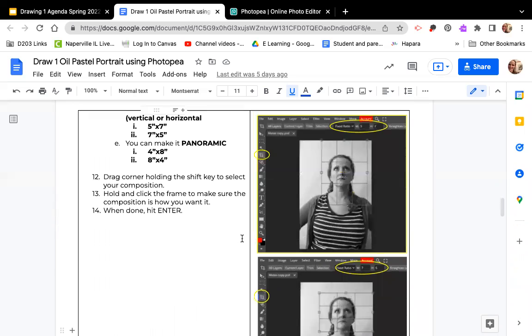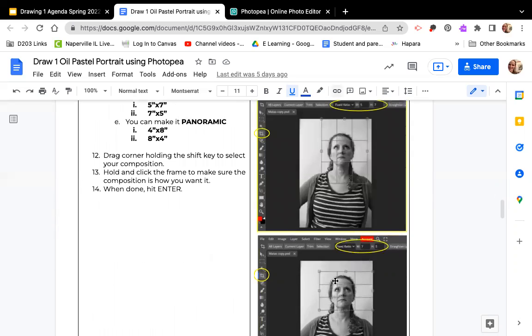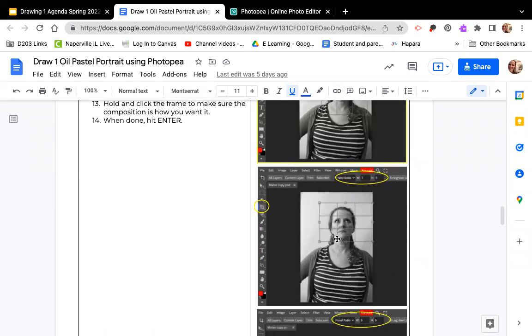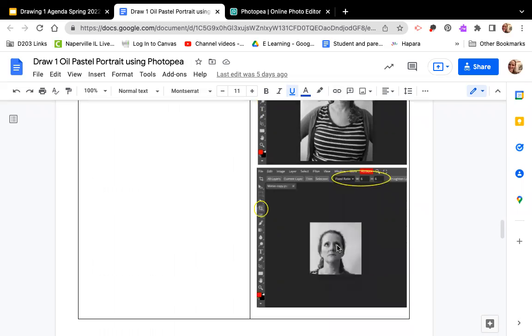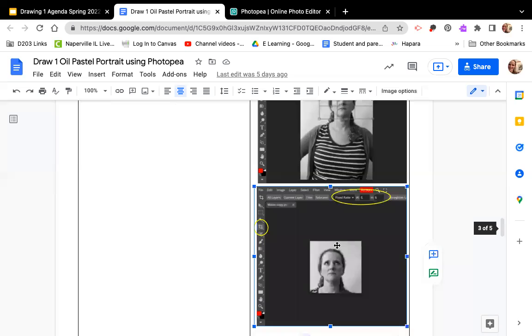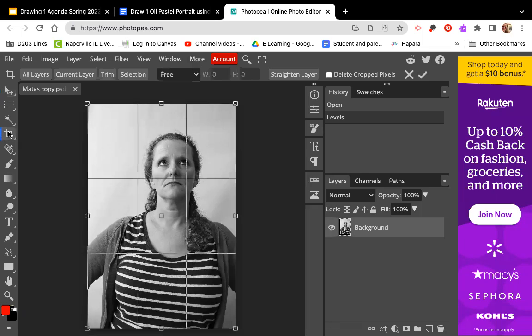So I'll go through these directions, but I want to make sure that you see it, that here's rectangle, either vertical or horizontal, right? That one's probably cropped too close to my neck. You can do square. You could do panoramic, right? So what I'm going to do is go back to this, and I'm going to go up to the side, to the left, I should say. I'm going to hit the cropping function, and we have to change this free to fixed ratio. Okay. So you see it automatically goes 1:1. And so if I want to try the square,